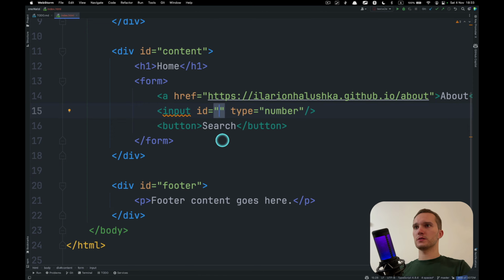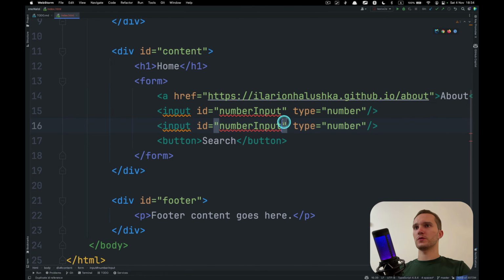ID, let's call it number input. So this is unique ID for the element. ID should be unique for each element on the page. So if you have multiple inputs like this, you would have to call them differently. You see, it complains like this: input 1, input 2. All right, saving this page, and now I want to select this input by ID.